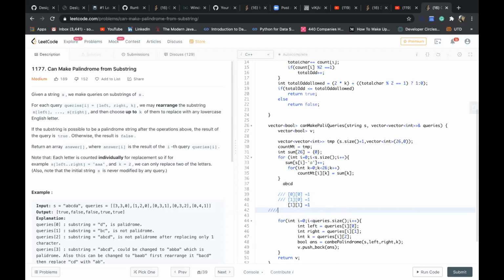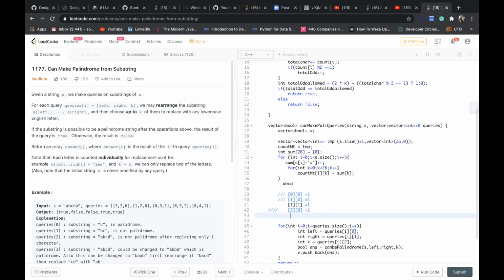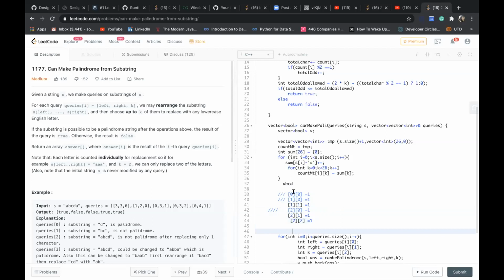Similarly for the others, for the second index, it will be something like 0 equal to 1, 1 equal to 1 again, and 2 equal to 1. So like this the count 2D array will be made here.